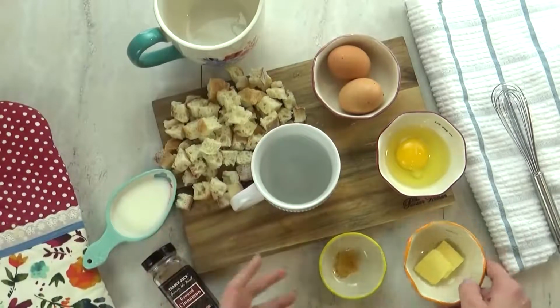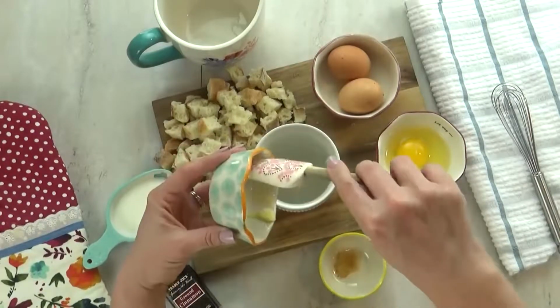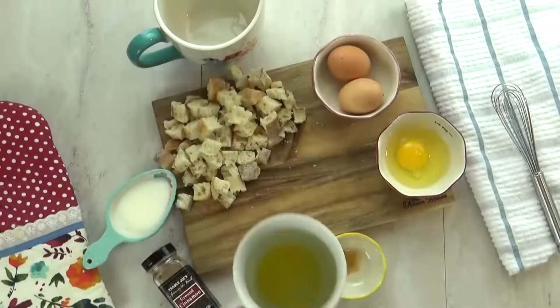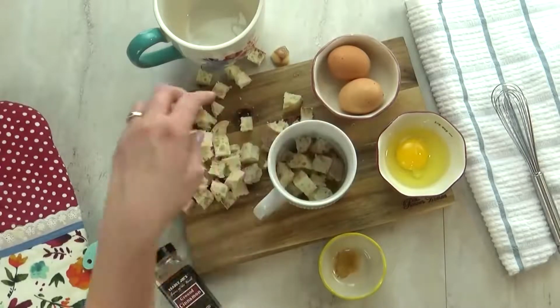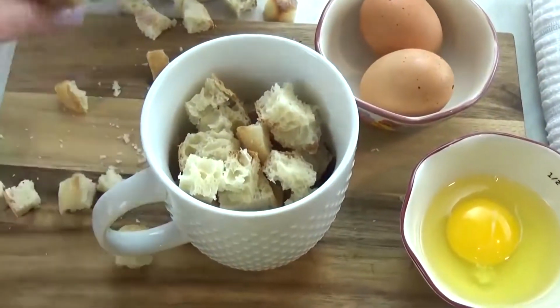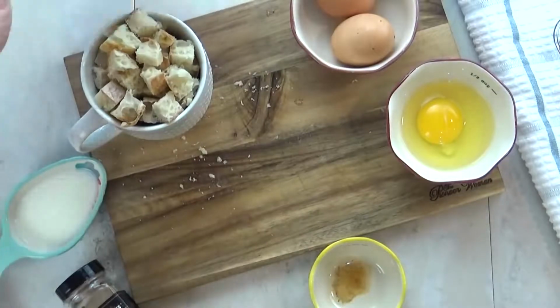I'm going to start by adding about a teaspoon of butter to the bottom of my mug. I'm going to stick it in my microwave for about 10 seconds or until it's melted. Next, I'm going to add in all of my bread cubes. And you want a good amount of bread cubes, a little bit more than your cup will hold. But don't worry, it will totally squish down later. So once I have all of my bread in there, I'm going to set that aside and prepare my egg